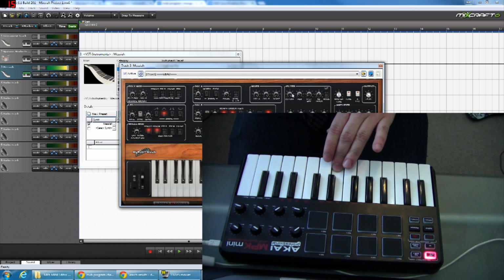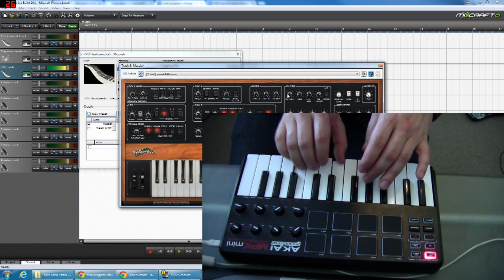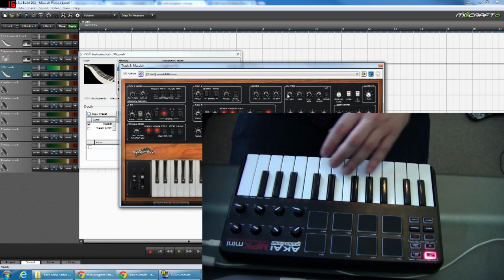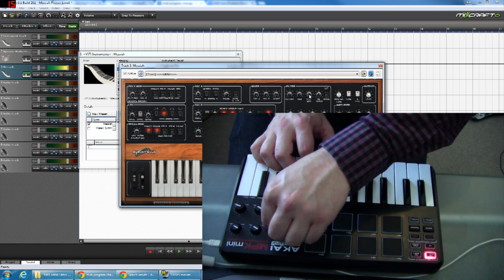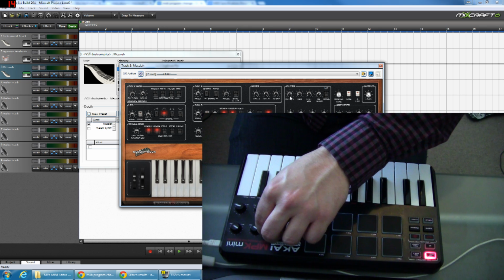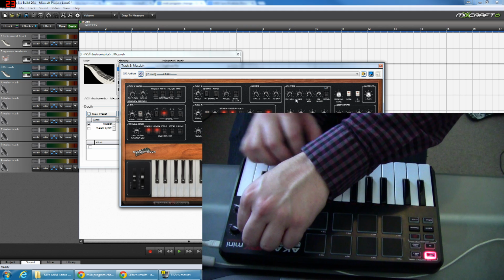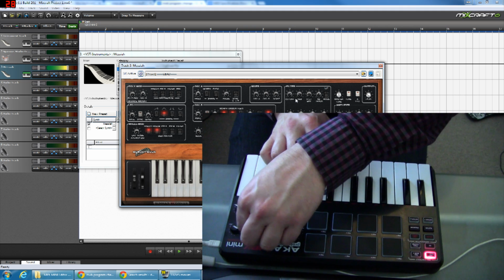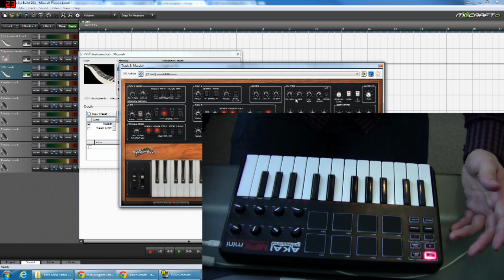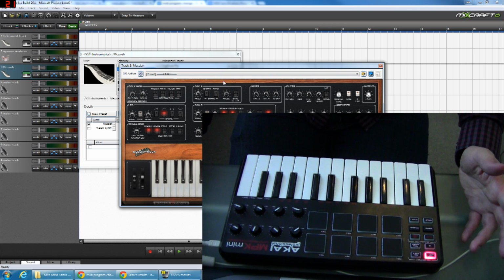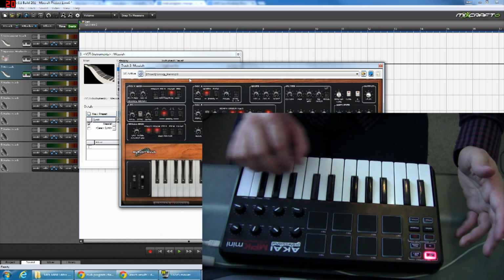Let's just get this back to a decent sound. And let's turn off that. Okay, so what other ones do we want? Let's relearn. There we go. So that's essentially how the CC dials work. You can then program them to be different parts of your keyboard. Totally up to you how you want to